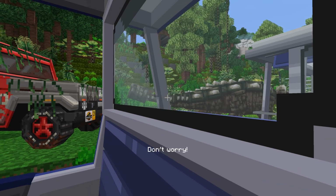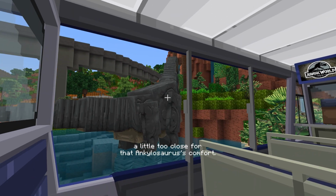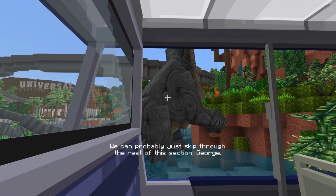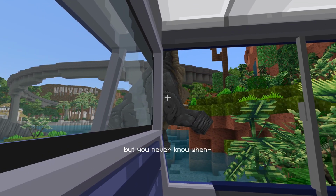Whew. Don't worry, everything is fine. Seems we got a little too close for that Ankylosaurus's comfort. We can probably just skip through the rest of this section, George. I mean, everything's supposed to be contained and safe, but you never know when...